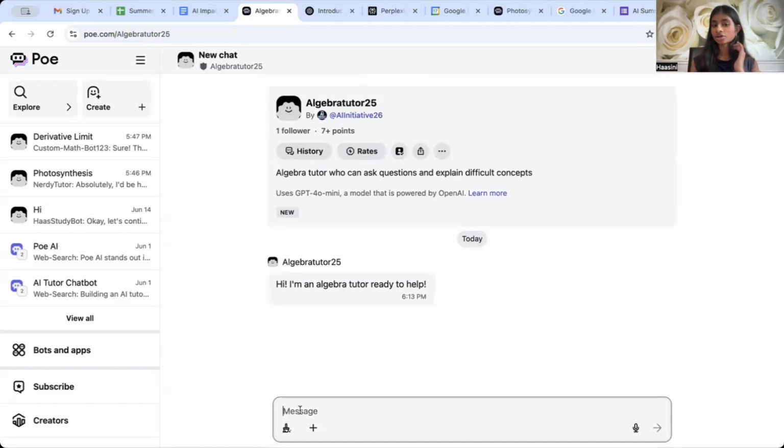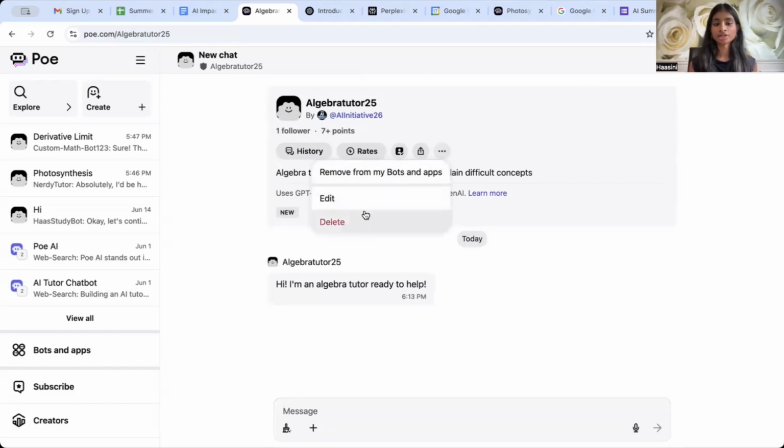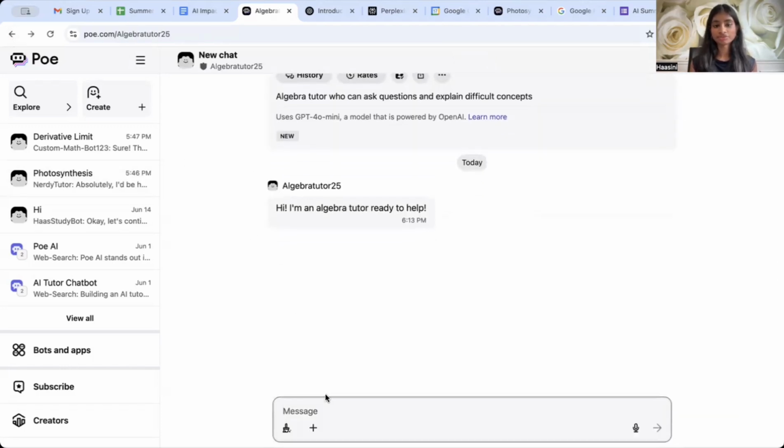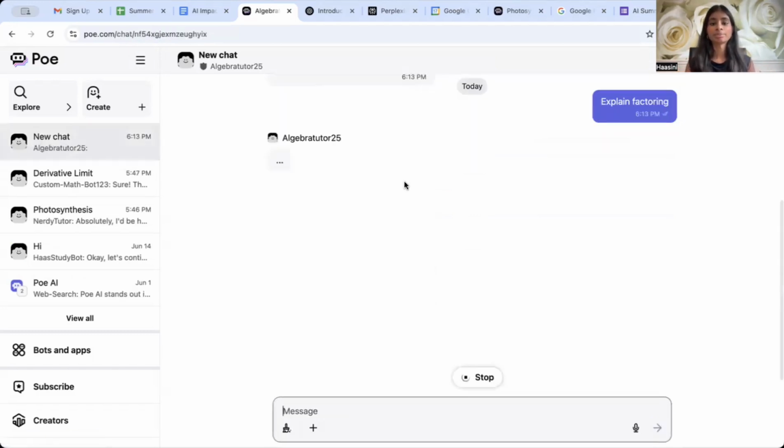You can ask it questions. If you want to go back and change something, you can click on the three dots here and click edit. You can check its history using the history button. So it has a bunch of different features, and I'm just going to do a quick test prompt. So I'm going to say, okay, explain, let's see, factoring. Really broad concept, but